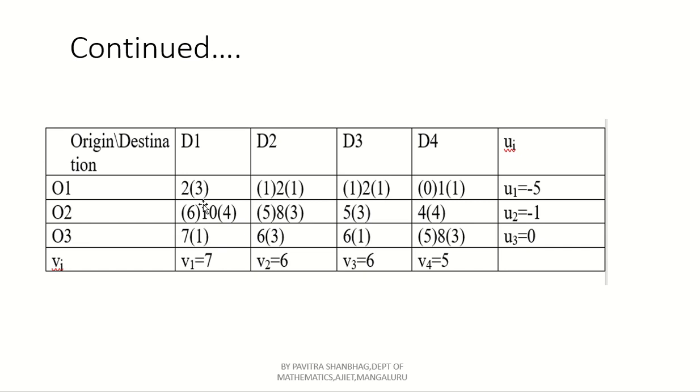Simultaneously, we have to find the left and right values. These are the unoccupied cells. Now the unoccupied cells we have to fill with the help of what? See here, 6 minus 5, that is 1. Write 1 here, and write the remaining entry on the right hand side. Next, here also there is no occupation in the previous stage. So 6 minus 5, 1. Again the remaining is 2 minus 1, which means 1, you write here. Next, 5 minus 5, that is what?